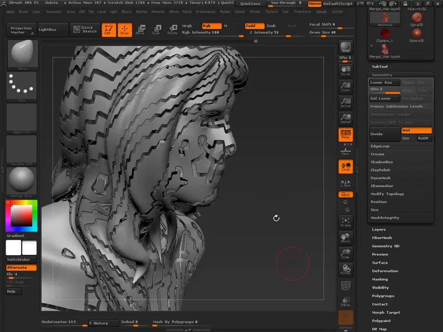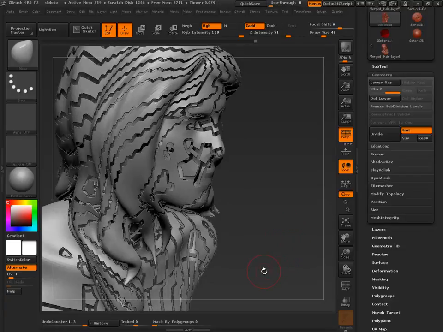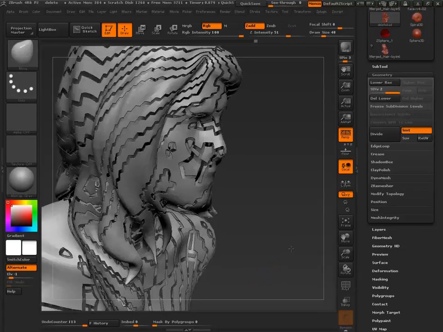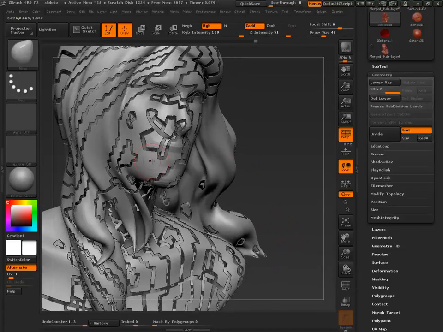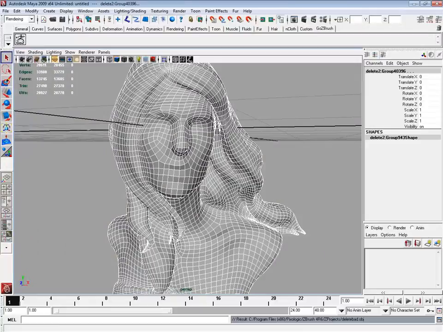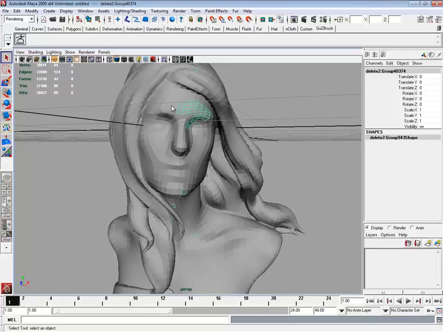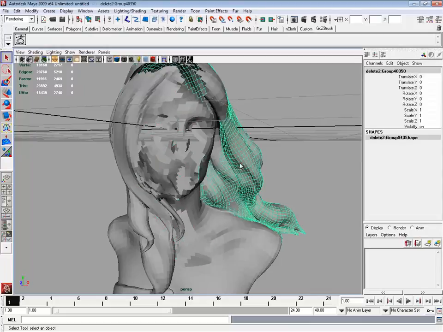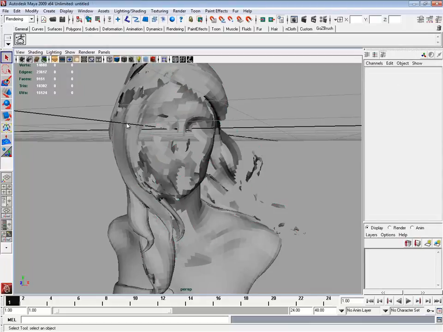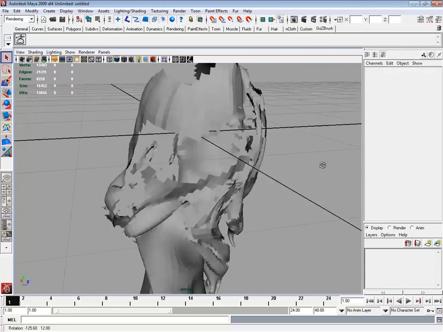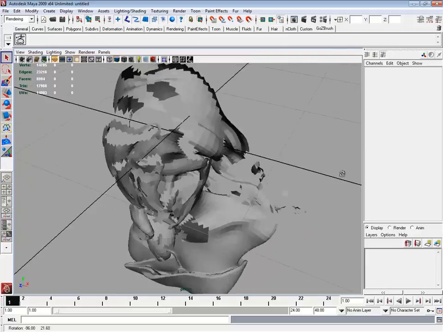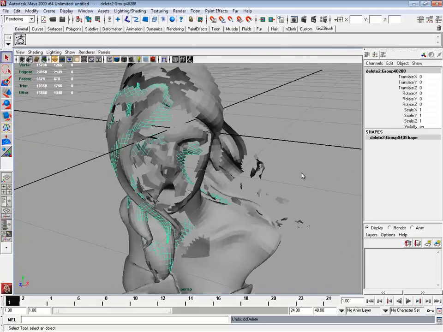But before we do that, let's look at what's the difference between these two models. Well, one of them is that the model that we imported into Maya, when we imported it, we said create multiple objects. And so that's a multiple object. I can select it and delete it, select it and delete it, select it and delete it. These are all separate pieces of geometry. They're not connected at all.